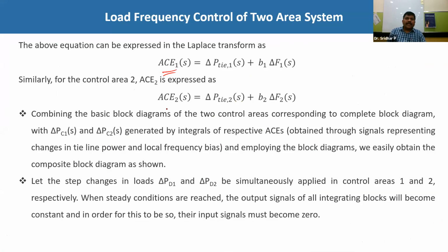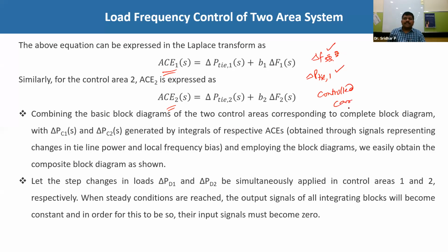These area control errors are the signals we generate in order to adjust the frequency to be 0, and the delta P tie 1 or 2 as per the regulated norms, as per whatever the contract agreement is. So we are going to control steady state frequency, or at least keep it in the acceptable range. These are the things we have discussed in the two area load frequency system. So indirectly we have taken the controlled concept.